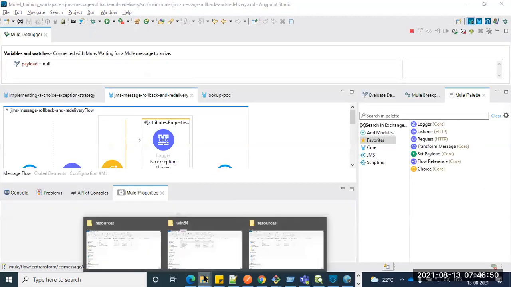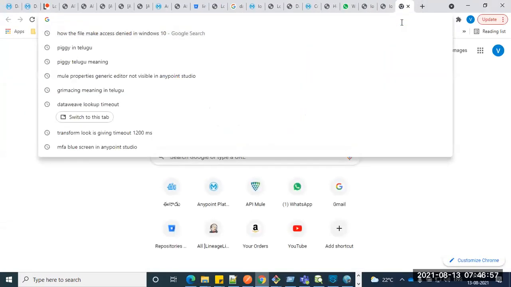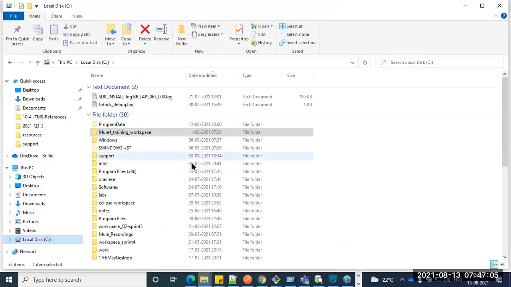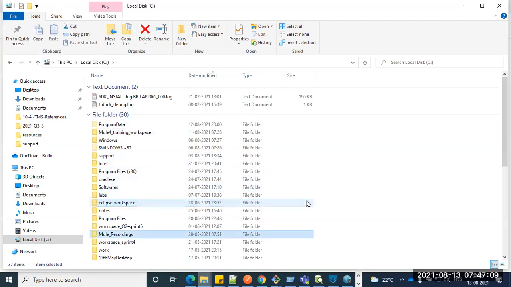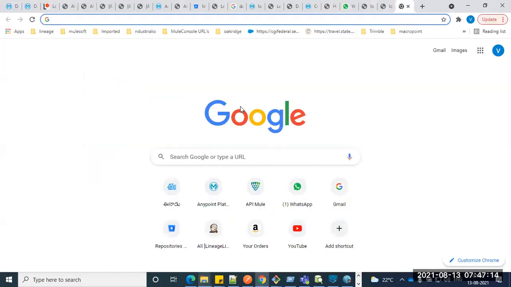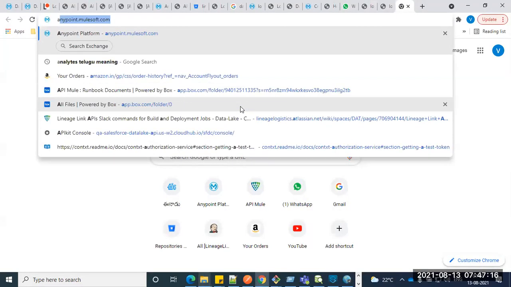So for that, what needs to be done? You have to install the software called Apache ActiveMQ. One second, let me just capture that software. You can search for Apache ActiveMQ.